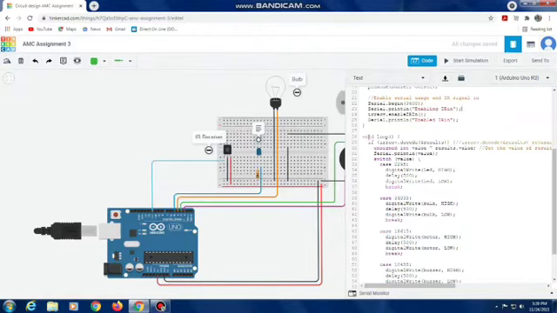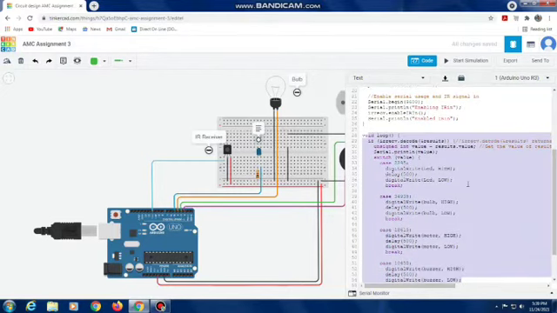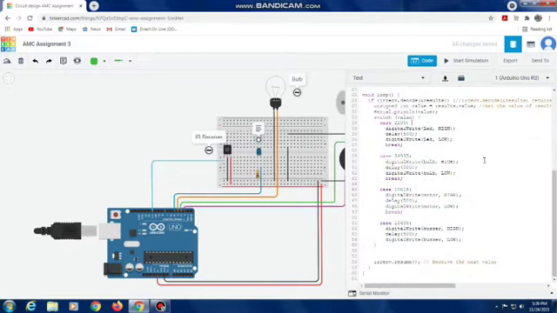In this part of the program, we have made a sequence for what will happen after pressing the first button, second button, third button, or the fourth button. After the pressing of the first button, we change the LED to high, and after a delay of 500 milliseconds, we turn the LED to low. Similarly, for the second, third, and fourth button, we have assigned a program to turn the bulb on and off, to run the motor on and off, and to sound the buzzer on and off. So this is the program.